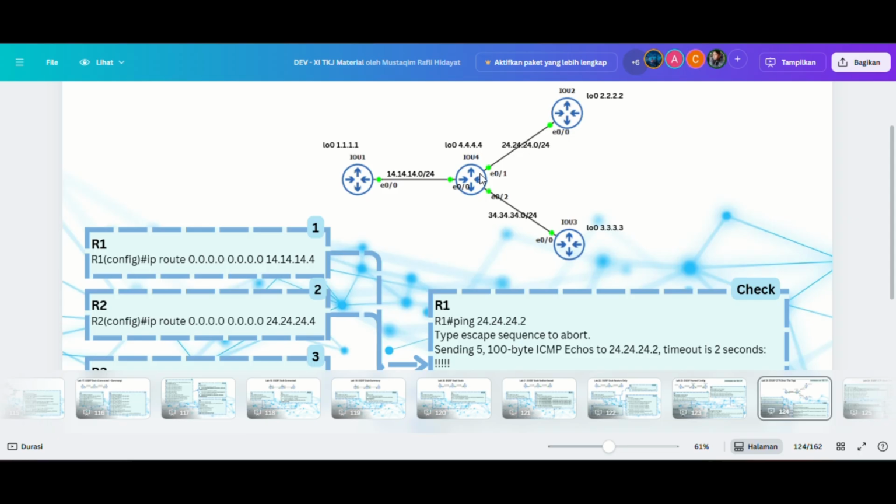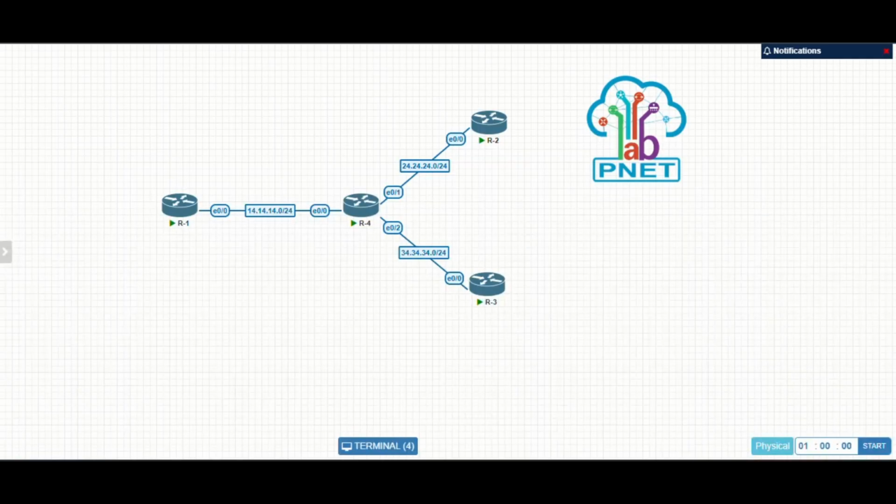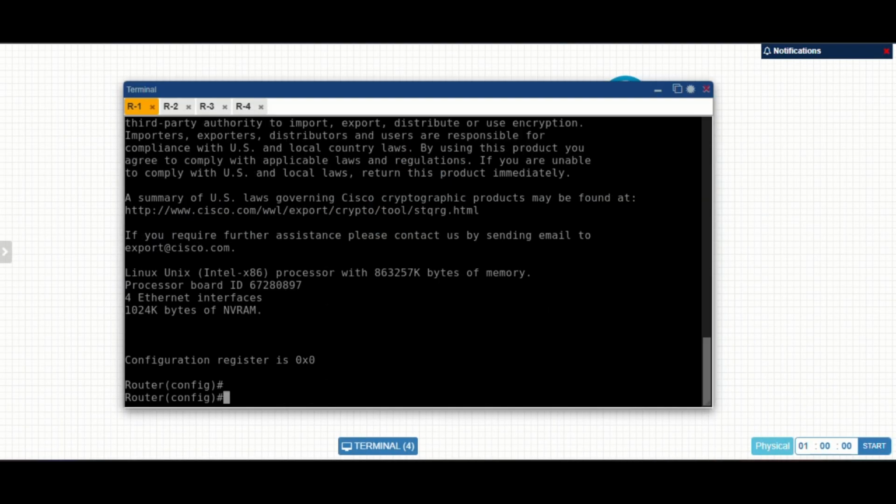And for the last, Ethernet 2, we will make the IP address to connect router 3, 34.34.34.2. Right? And then we do show run.